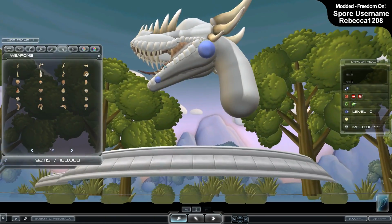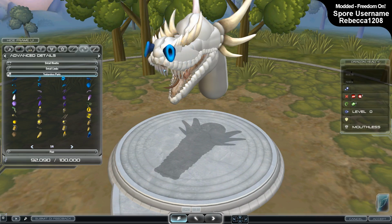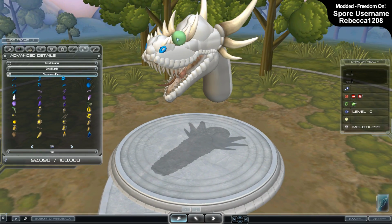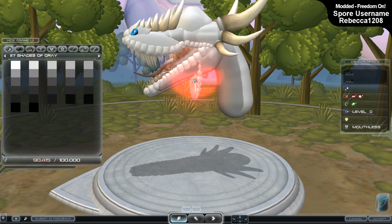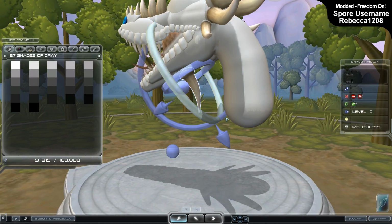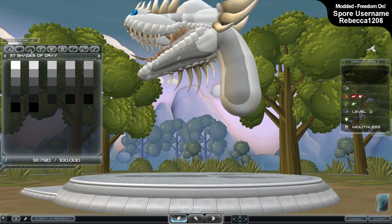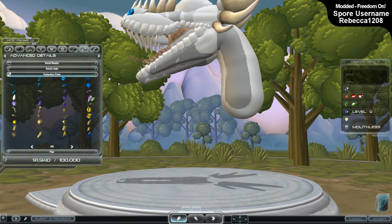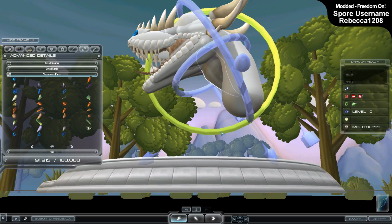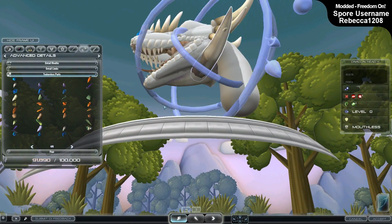Another thing that I'm doing in general when it comes to my art, not just in Spore but also in ZBrush, is trying to pay a little bit more attention to certain areas, since I have recently been having the sensation that some of my models, some of my creations, my designs, across all mediums, have been getting a little bit samey. I've got a bit of a habit of ignoring certain features, feet being my worst one. I always ignore feet, but other features in general, such as maybe the underbelly, the shoulders, and the neck is another popular one, and therefore I try to give it a little bit more attention here,